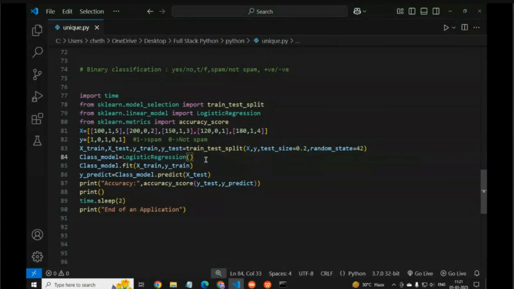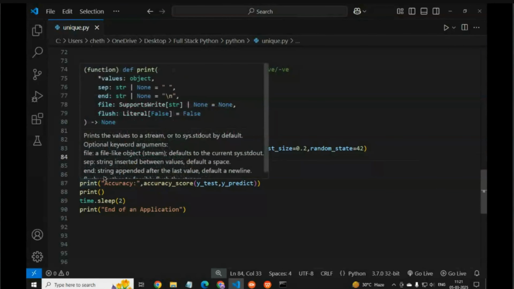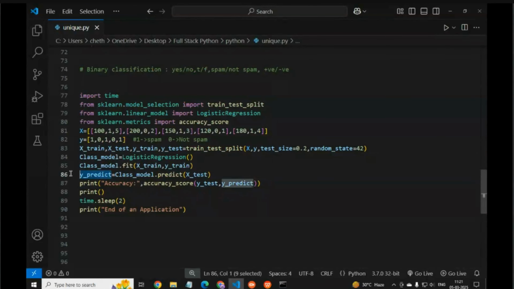Then we make the prediction, Y predict, with model.predict(X test). The trained model makes predictions on X test, and Y predict stores the predicted labels, either 0 or 1. Then we evaluate the model and find the accuracy, which is printed as the final output.